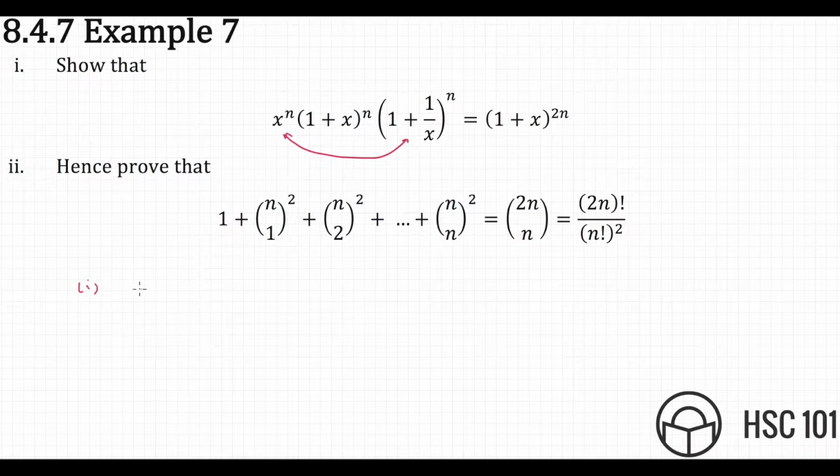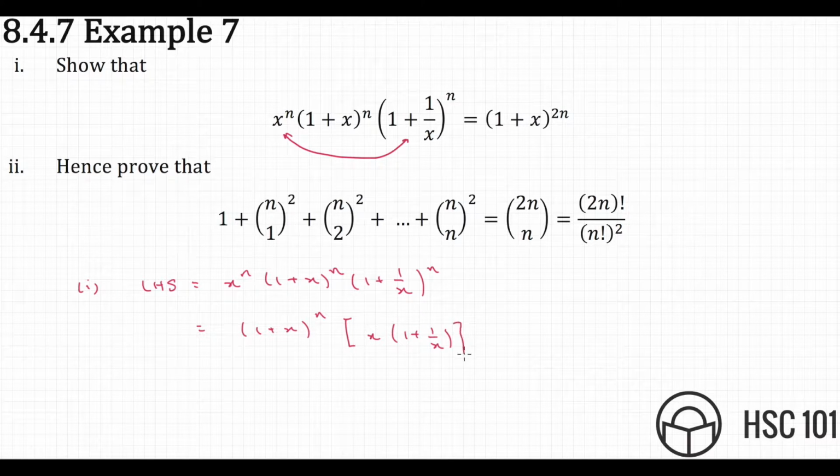So if I check out part 1, we can say that left-hand side, which is equal to x to the power of n times 1 plus x to the power of n times 1 plus 1 on x to the power of n, we can rewrite this as 1 plus x to the power of n times, and then I've got x to the power of n, and I've got 1 plus 1 on x to the power of n, so I'm going to rewrite this as x times 1 plus 1 on x to the power of n. So I've taken the power of n to the outside, and on the inside, if I clean the expression